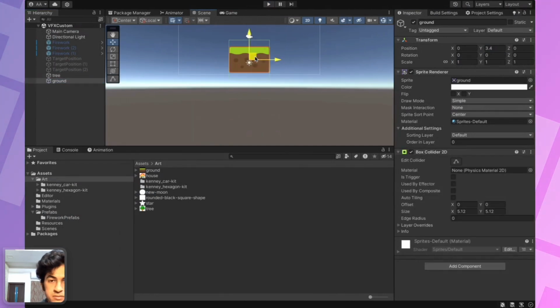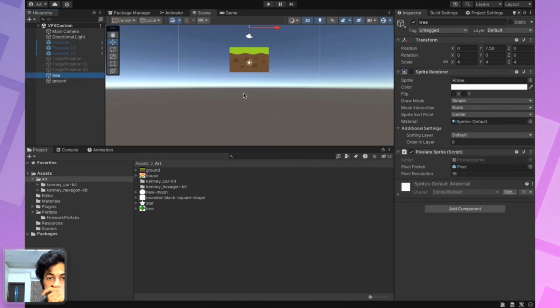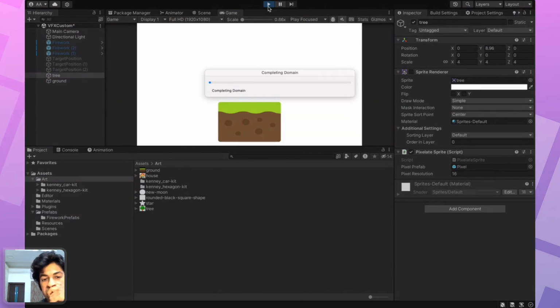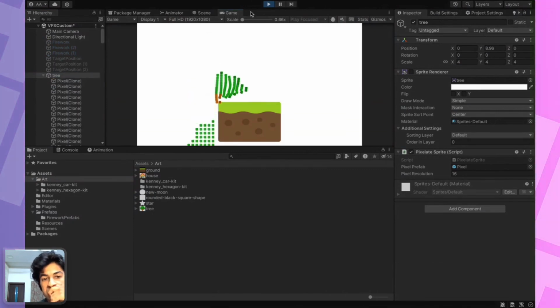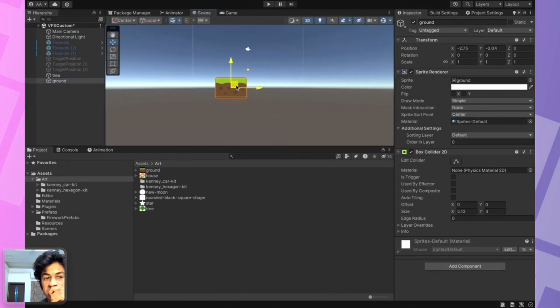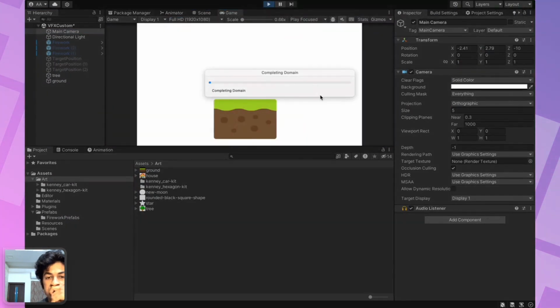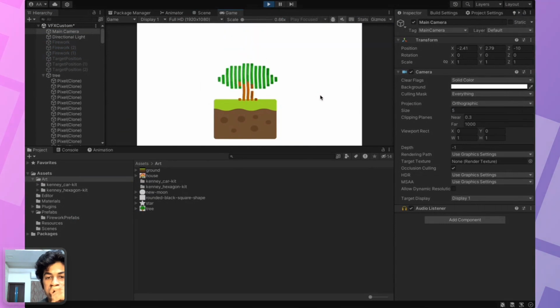It is due to the collision. Let's take the tree and set it up there, and let's just move the ground down here. Let's take the camera. Okay. Yeah, you can see we have a nice pixelated tree.